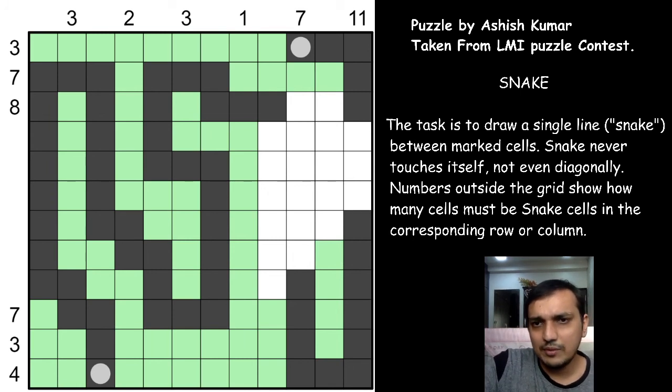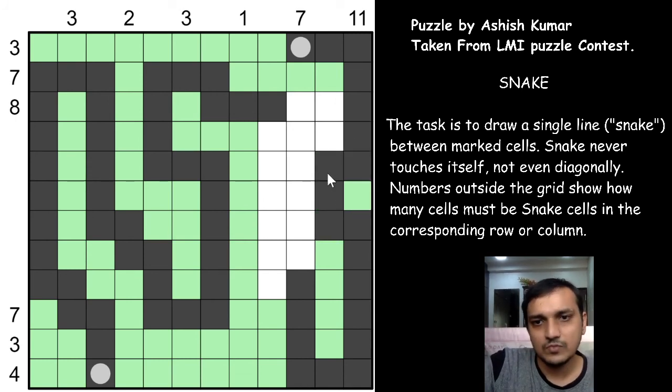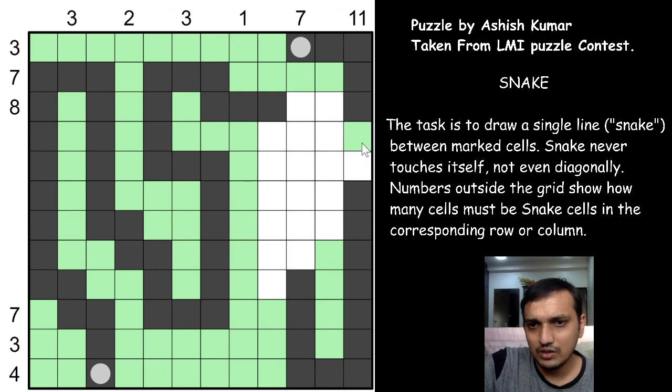So if you see the 11, one of the white cells will not be a snake cell, and that white cell we have to find out. So what happens if this is the white cell, right? So this has to go this way, and the 7, if you see, is now unfulfilled. It's now contradicting the 7. You have only 5 snake cells used, and this snake cell has to meet this way, so this is also unused. So we conclude that this is a snake cell, right?